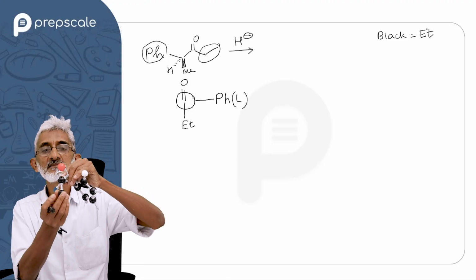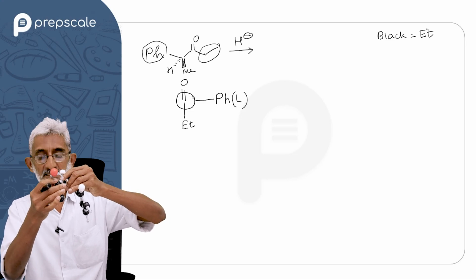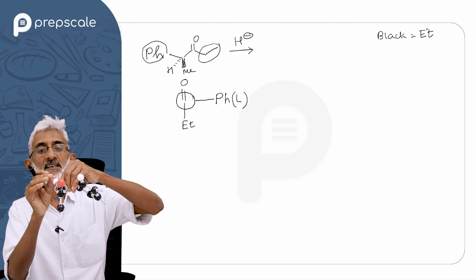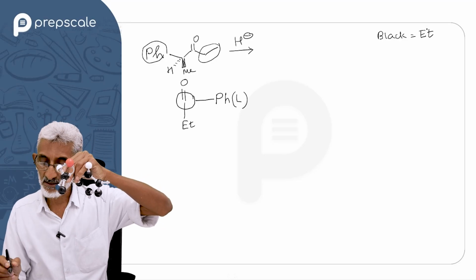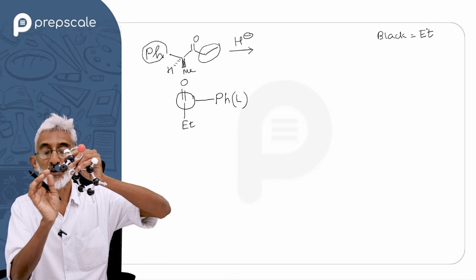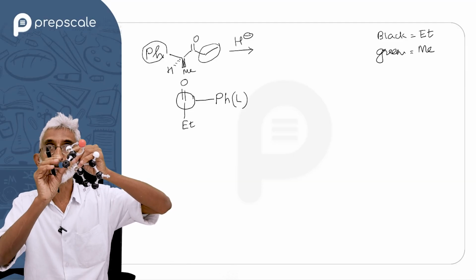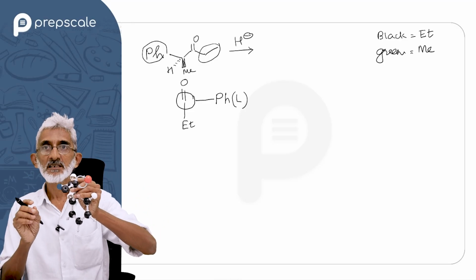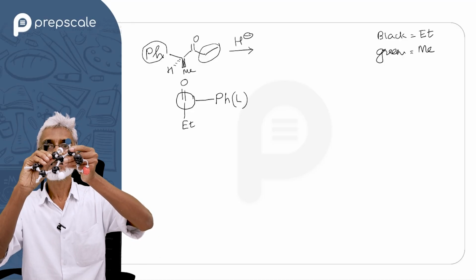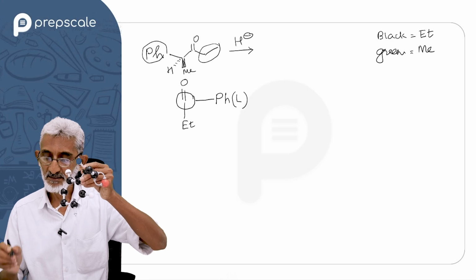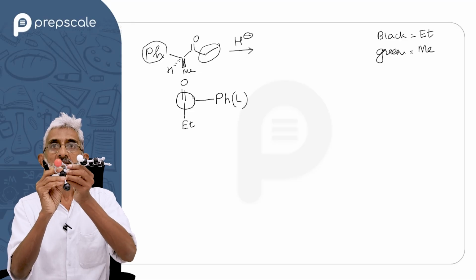Black is ethyl. And this is the keto group, and this is the second. So black is ethyl, and this is hydrogen. This is the methyl group. That is, this is a green one, green methyl group. I don't know whether you will be able to see this green color. I'm not very sure, but still, assume this is green. Now this is the phenyl ring, the largest group. Okay. So now see, I should hold this molecule